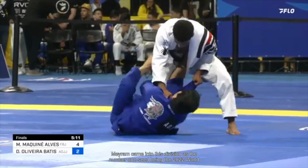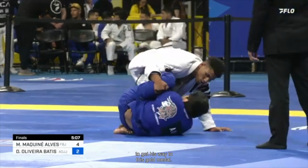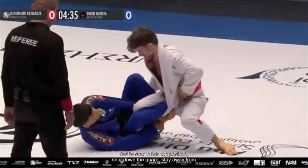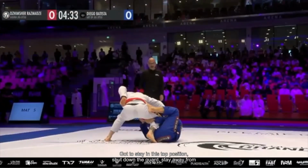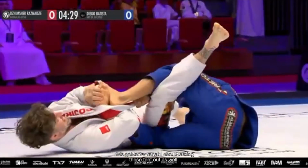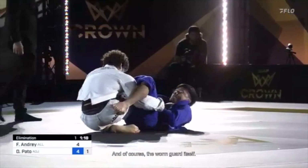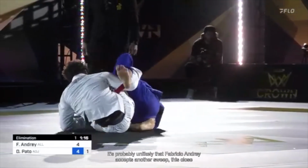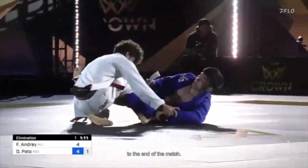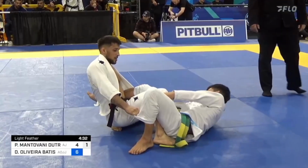Final. Mayhem came into this division as the #1 seed, being the 2022 world champion. Actually, to get his way to this gold medal, got to stay in this top position, shut down the guard, stay away from submission attacks. He's got to be careful about leaving these feet out as well. And of course, the worm guard itself. Would say it's probably unlikely that Fabricio Andre accepts another sweep this close to the end of the match. At least if that's up to him. Although right...